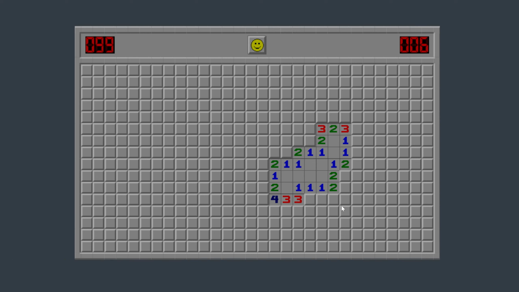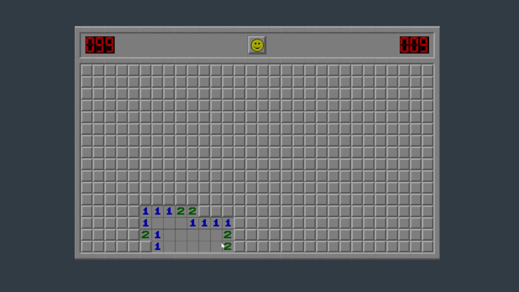It's finally time for the proper thing, that is, writing a solver for Minesweeper. Let's begin by looking at this example. This blue one is located in a way that the only neighbor available has to be a mine. There's one mine, one neighbor, quick math. Same thing with this configuration, where the bottom 2 has exactly 2 neighbors left and no flag around it. Therefore, they must both be mines.